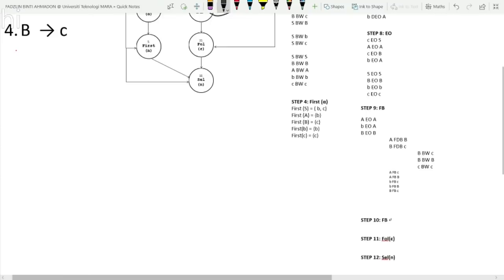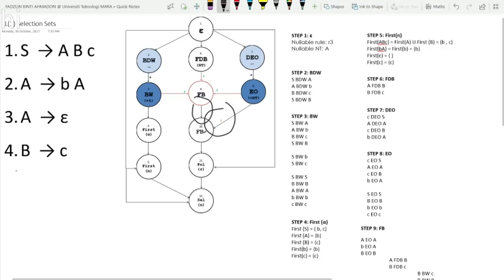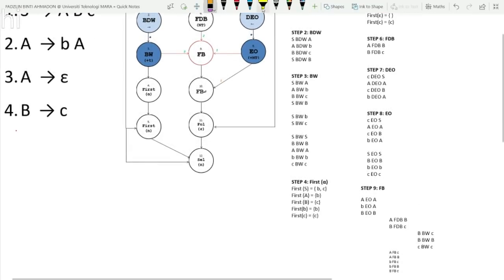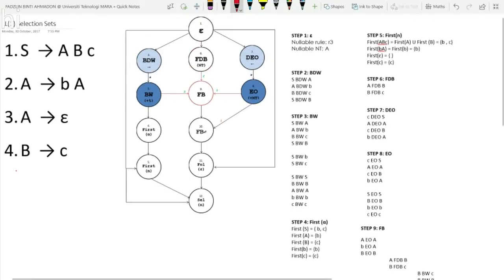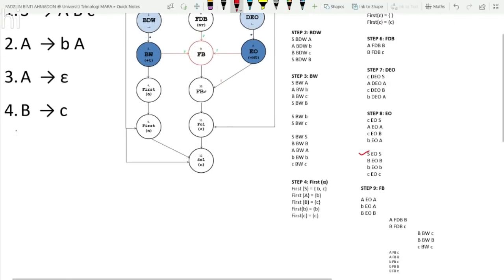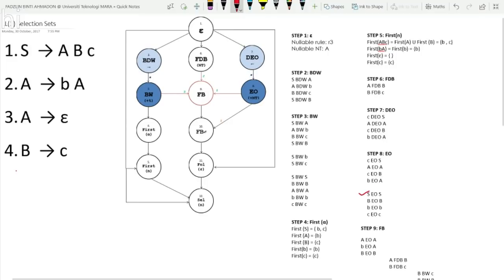What we need to do is we look at EO, so where is our EO? So this is our EO. We choose those that have starting non-terminal on the left side. So because our starting non-terminal is S, so it is this one. And then we look at, sorry, okay, I'm a bit confused. Not S on the left side, S on the right side. So we look at S on the right side,